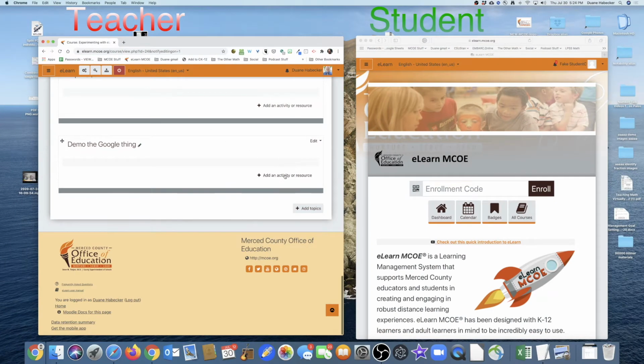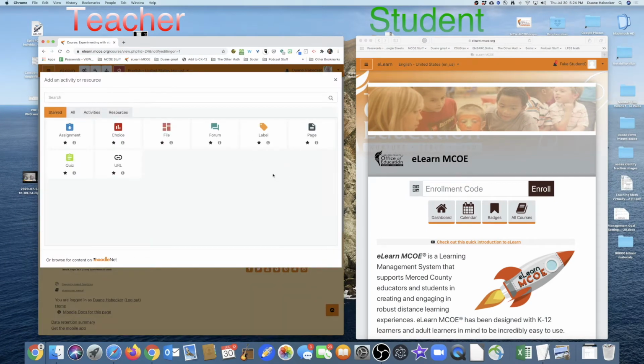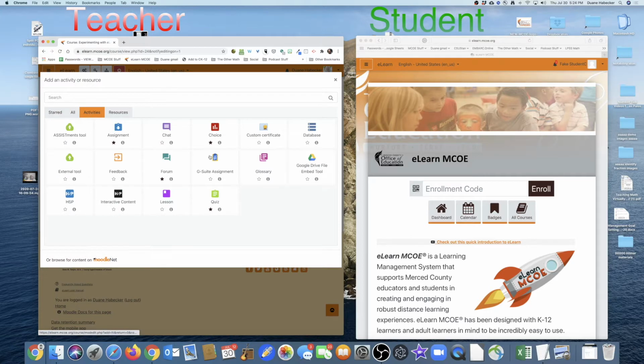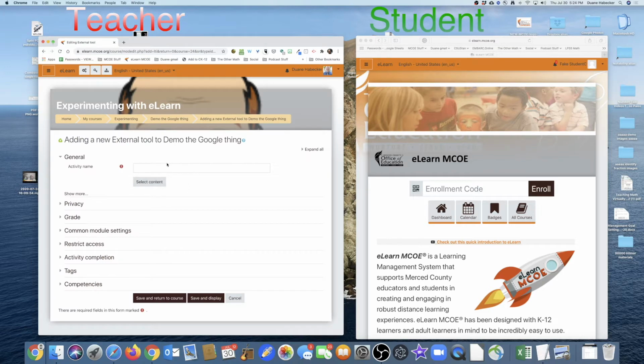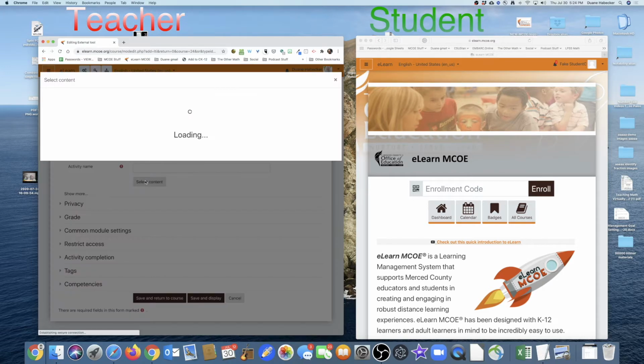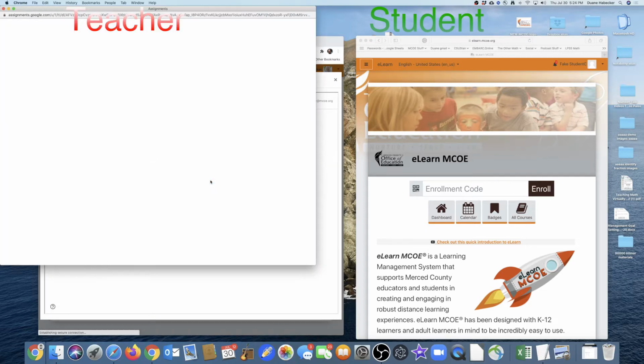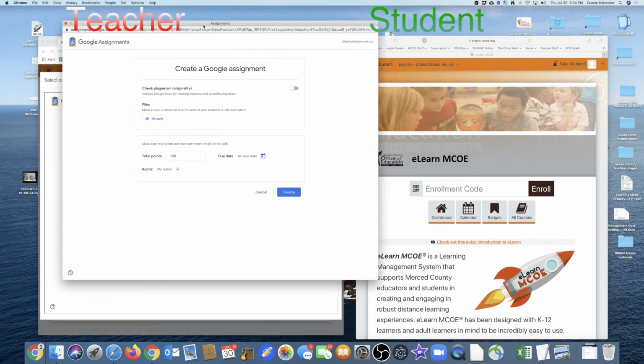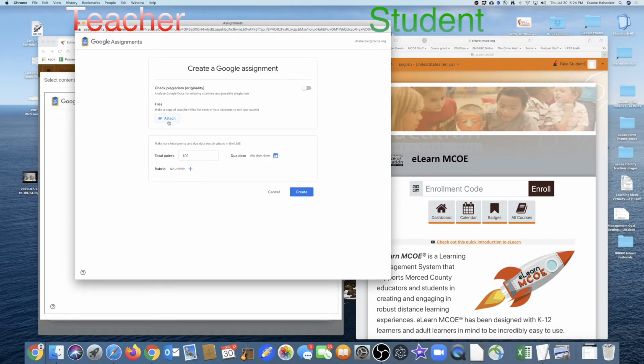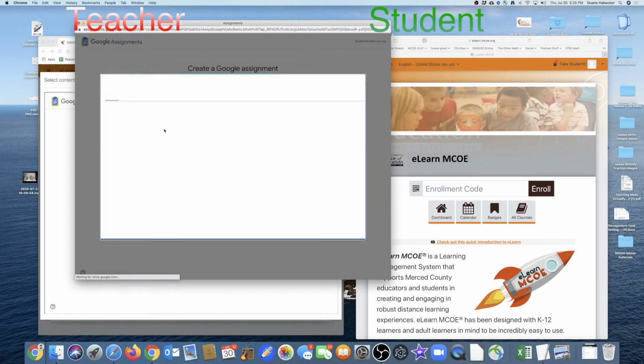So as a teacher, I'm going to add an assignment. There it is, right there. There's the money. It's the G Suite assignment. So you click on it. You don't bother naming it yet, because first you have to approve that this is indeed who you are. The LTI opens up, and now you're going to create your Google assignment by